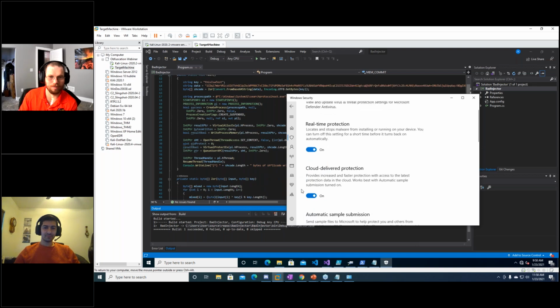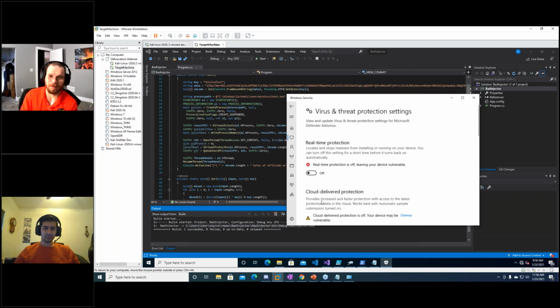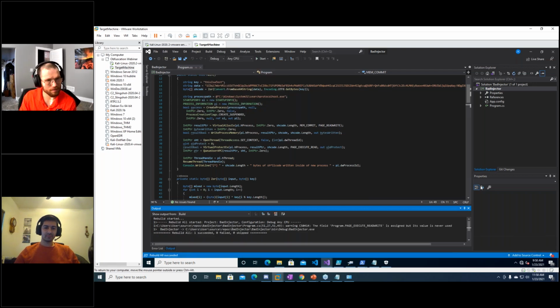So yeah, also when you're doing your code development, make sure cloud delivered protection and automatic sample submission are off and you're not connected to the internet. You don't want to burn all the code that you just started working on. So now we will recompile this. And if you haven't used ThreatCheck before,